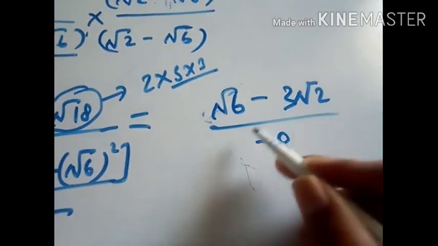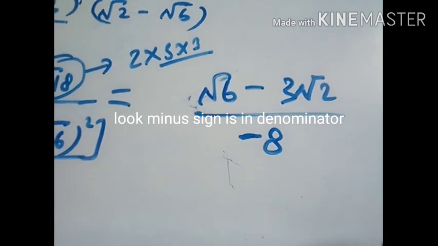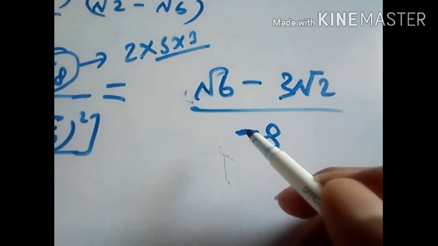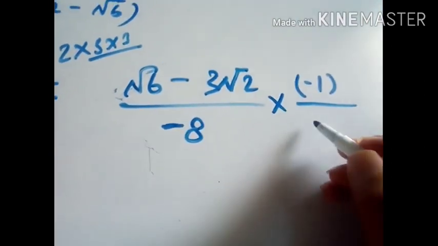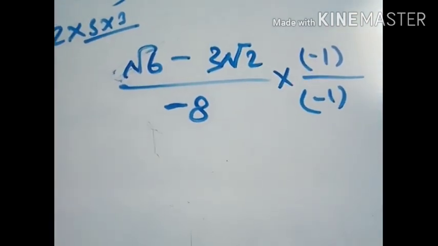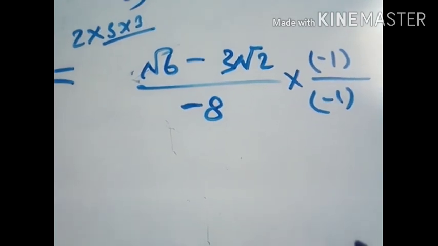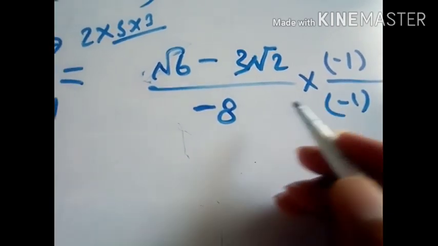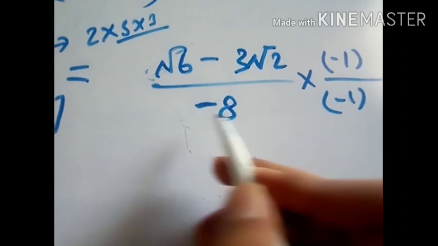Now this is also an inappropriate form of the answer writing because the minus sign is lying in denominator. So we'll shift this minus sign to numerator, and for this purpose we will multiply numerator and denominator with minus 1. Will there be any effect? No, this will not have any effect. And why we are doing so? The reason being, please listen carefully and make yourself clear. We are doing this only because we cannot write the right answer in this form, so we are doing like that.